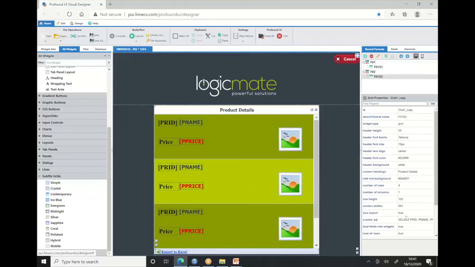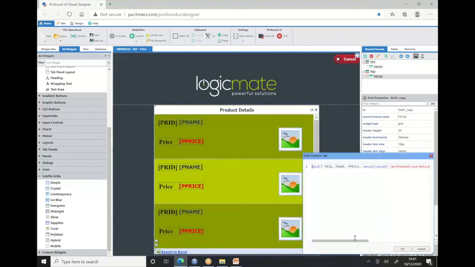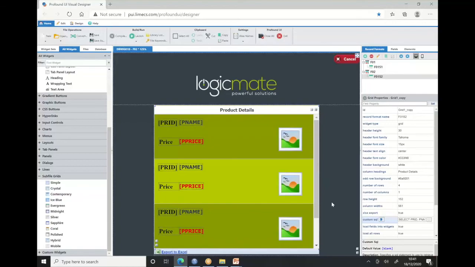I'll go back to my grid itself and look at the SQL component. What I've basically now done is a select statement using the PRID, the PName, P price, and then I've concatenated some fixed text with the PIMG column that's coming from the SQL, and that's the name of the table. So that now automatically builds this on the fly, and when I launch this,